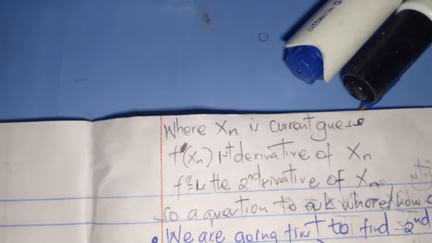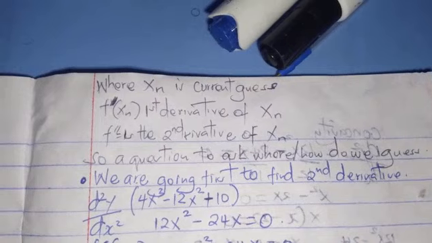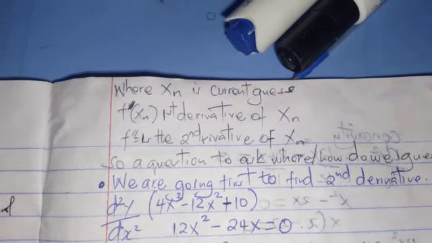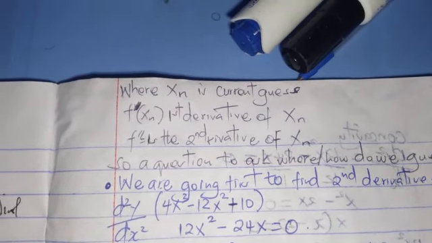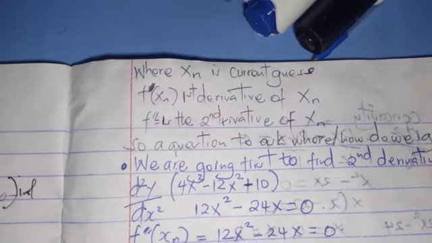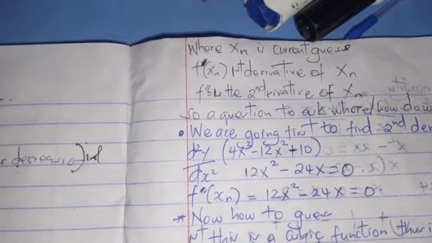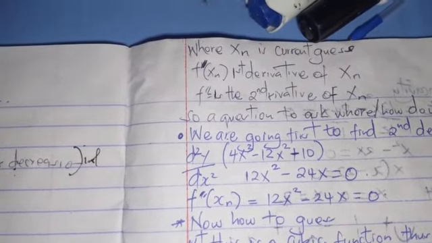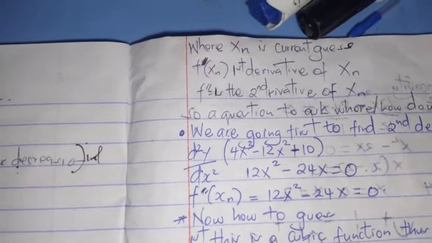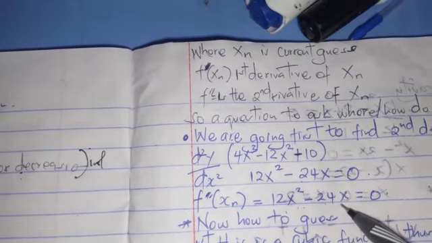So the question that we ask ourselves is, how do we guess the current guess? We are going first to find the second derivative, that is d2y over dx squared. When we find the derivative of this equation and equate it to 0, we find it to be 12x raised to power 2 minus 24x